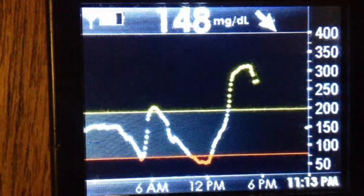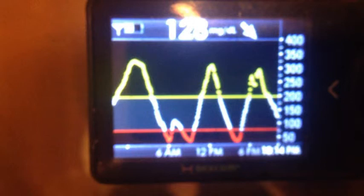And actually, this is where I started up a new CGM, and you can see right there at the end of it is the start, where I had corrected that, and it leveled off nicely there at 150. Or no, it didn't level off. It came to 150, and I was just too hungry. I ate, and it was terrible. It went up super high, and then